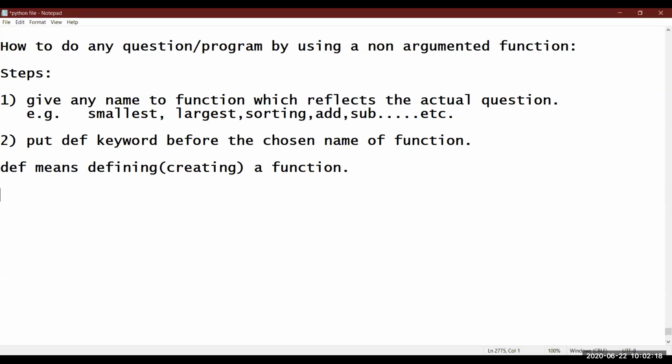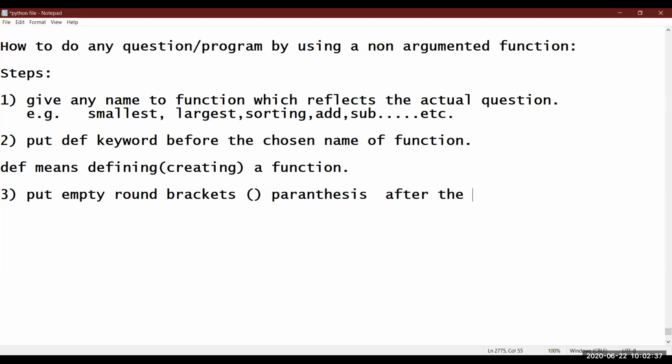Okay. Third thing, put empty round brackets. That means parenthesis. The technical name is parenthesis after the name of function.